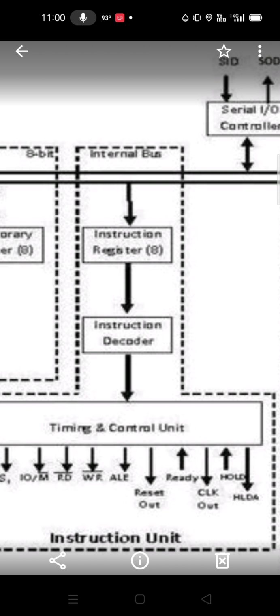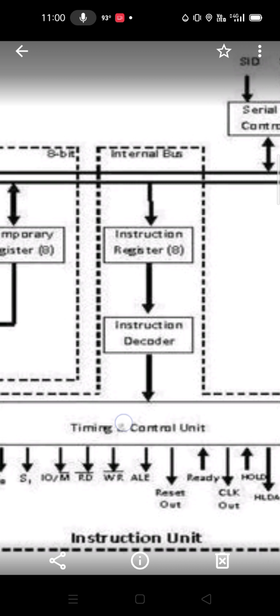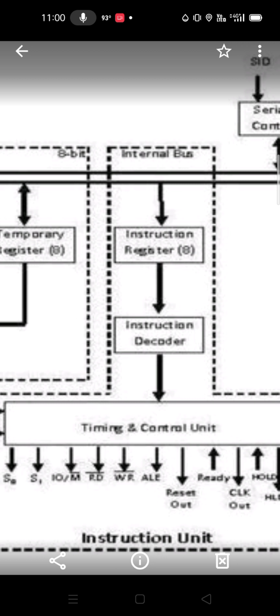That logical instruction has to be first decoded. Once it is decoded, it gets into what is called the timing and control circuitry. This timing and control circuitry is very critical. They actually start the work. It is kind of like if you were starting a project, who has to build which area.